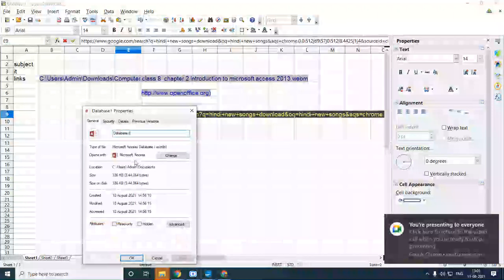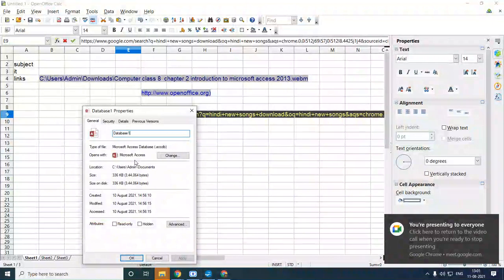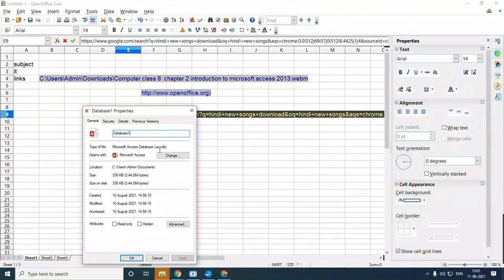So in a relative hyperlink, the first difference is that it contains a partial address. Whatever the full address is, it will show only the partial address. But an absolute hyperlink will show the full address, not half. That is the first difference. The second difference is that in a relative hyperlink, if the file is saved in two different locations, and now this database 1 is saved in only one drive, that is C drive,